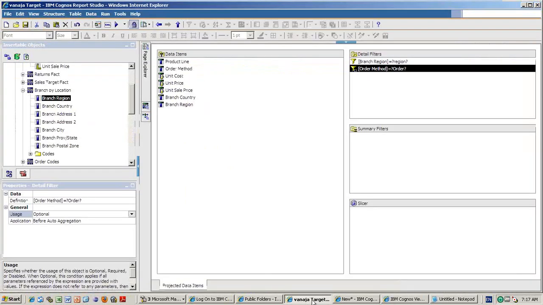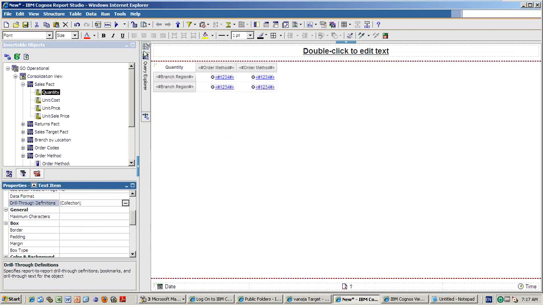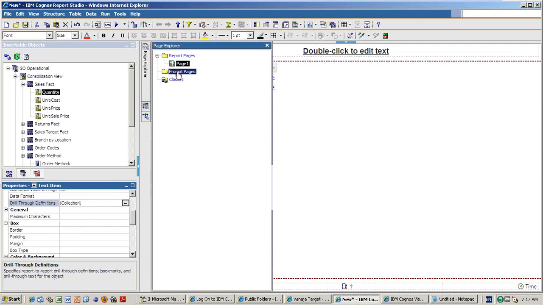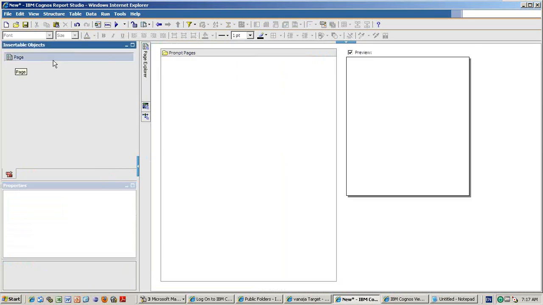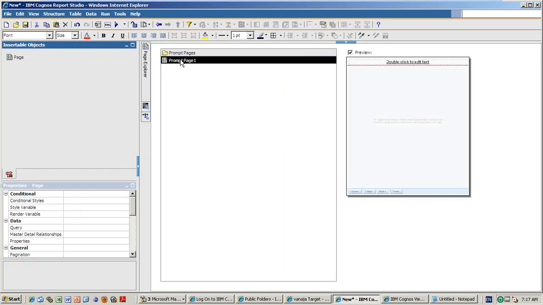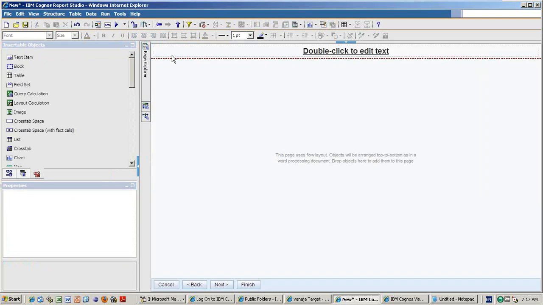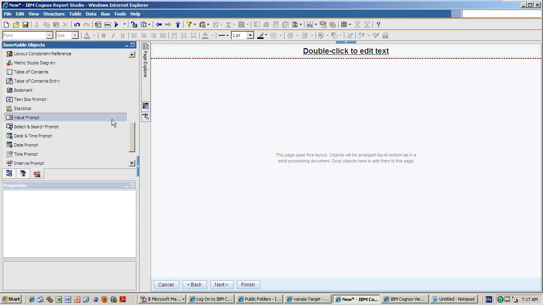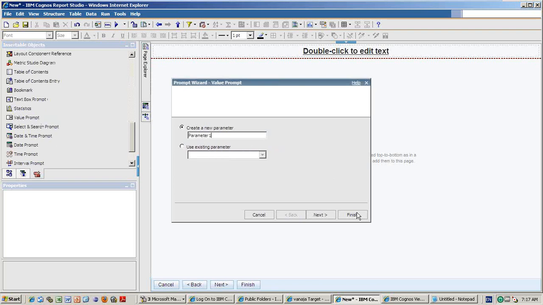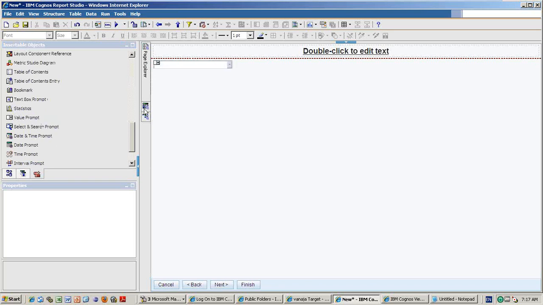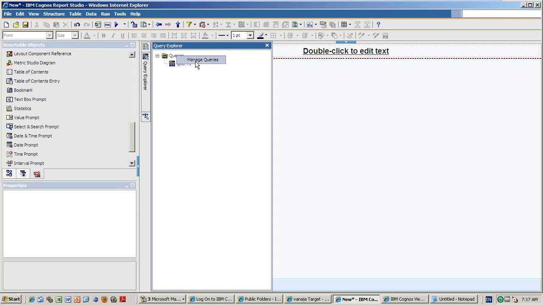So in the target report, again, I'm coming back to the report. These are the different options, different scenarios I'm checking, okay? Target report, I'm putting once again. Now, fine. In the source report, for example, I have a prompt page on reason. I'm dragging the prompt page and a value prompt I'm dragging. Parameter 1 is generated. You try to create one more query in the source report for associating the query.